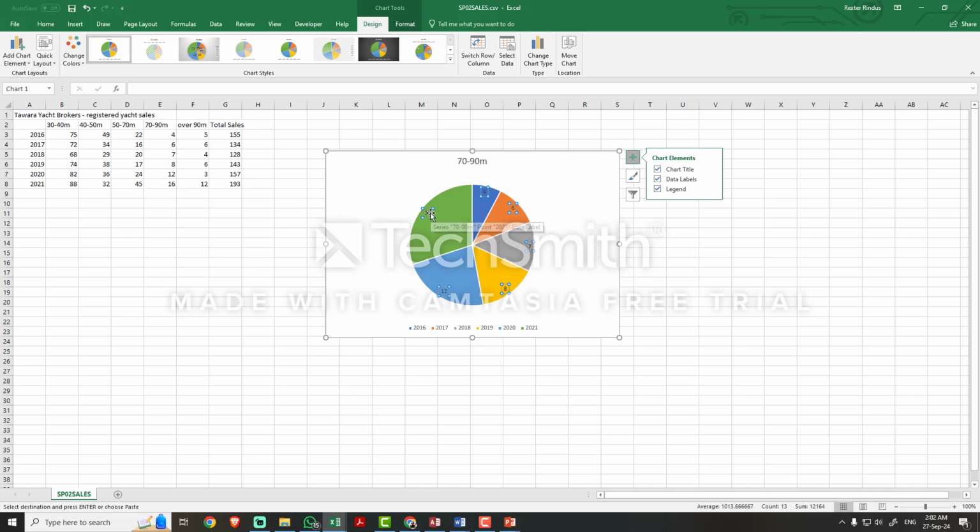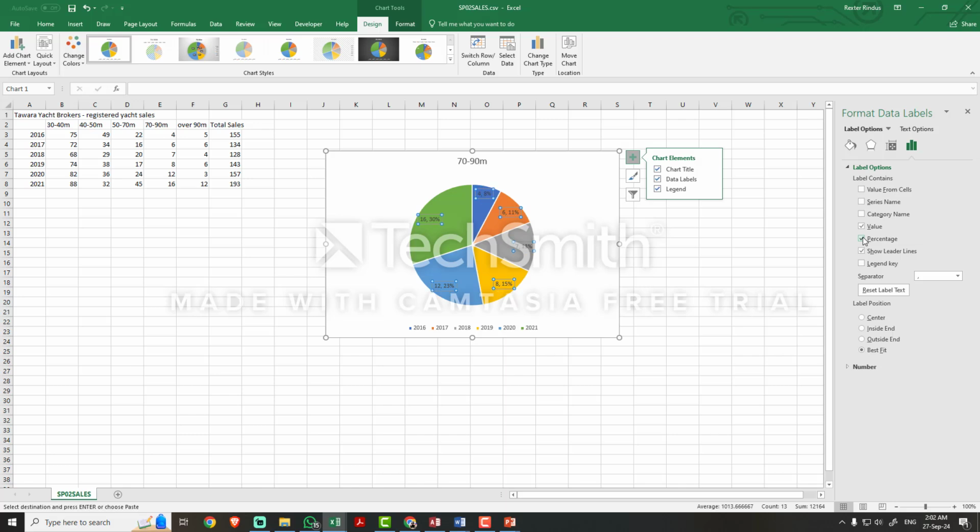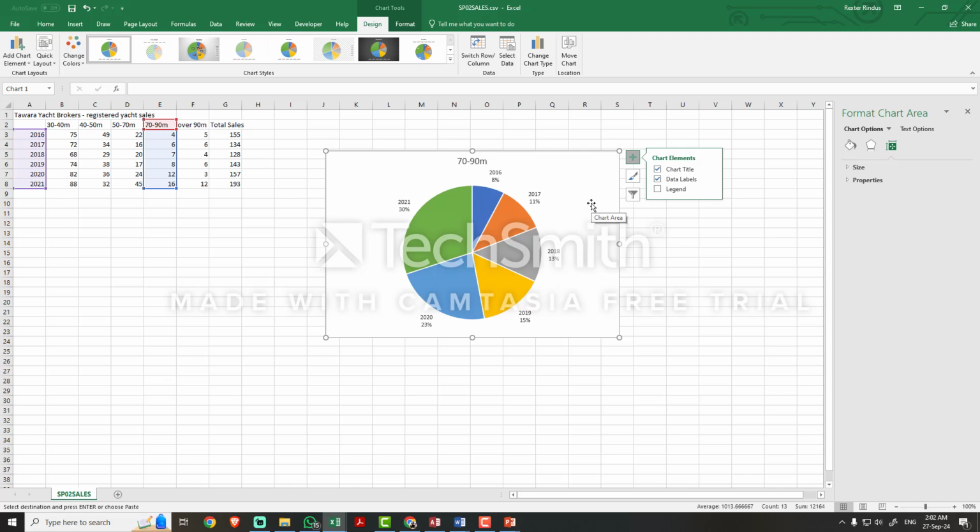So you just have to right click into it and go to format data label, where you can see here the percentage as well as the category name of this one. So like the legend, which is actually there, you have different options. You can go to outside end, inside end and center. Oftentimes it's outside end so that it will not overlap with the color of this particular slice. And if they ask for the legend, show it. If they don't, erase it, because right now the legend is already given in the label, so just erase it if they don't ask for it.